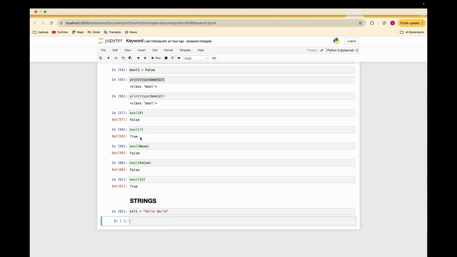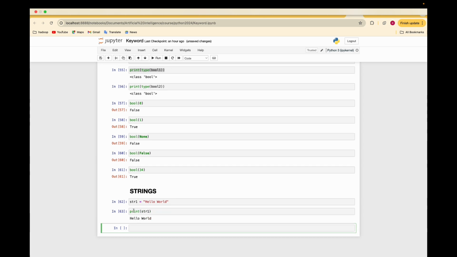Let's run it. So I have assigned hello world to the variable string1, and when I print it, it displays the string